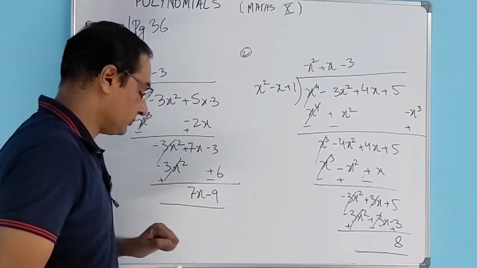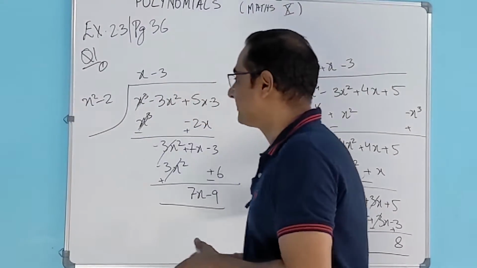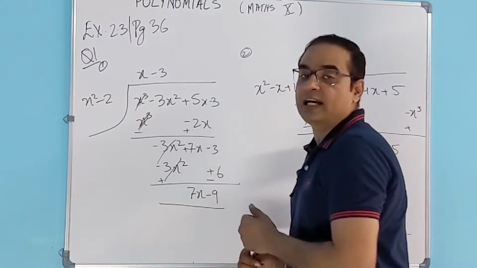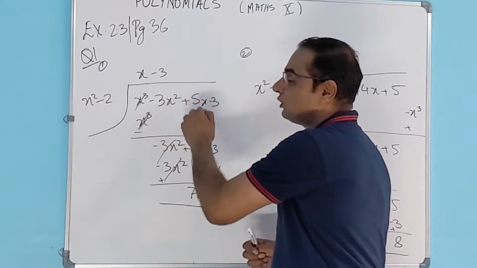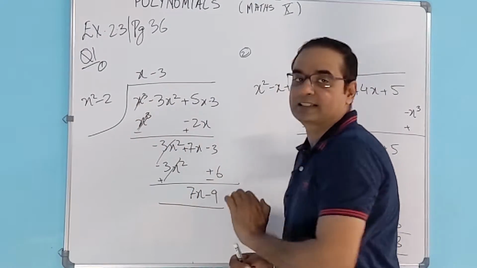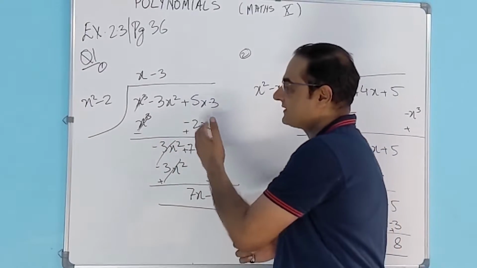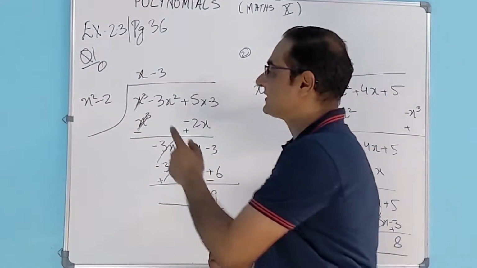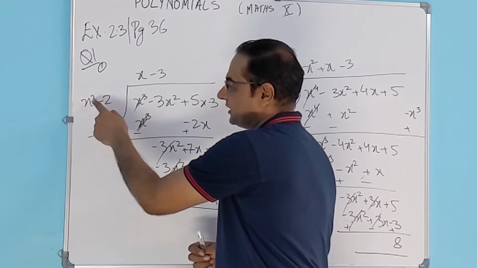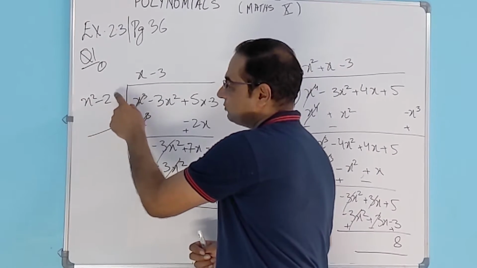So we look at the first one and we follow the steps. The first step is we need to look at the dividend, and we need to arrange it in order of decreasing degree of the variable, which is x cube, x square, 5x minus 3. So this is in the right order, we keep it as is. And then the divisor, which is x square minus 2. So it has only 2 terms, and it is in decreasing order of the degree of the variable, x square and minus 2.